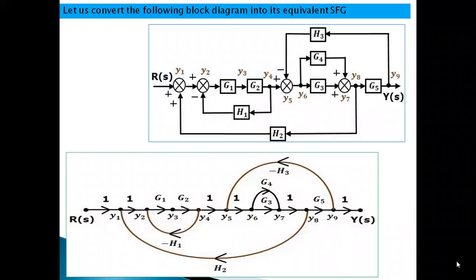Okay. Any doubts? How to convert a block diagram into a signal flow graph? A very simple technique: identify the junctions, each and every junction. According to the junctions, put variables y1 to y6 or x1 to x6. Any variable can be fixed from input node to output node. And now represent the branches according to the sign given at the feedback or forward paths.